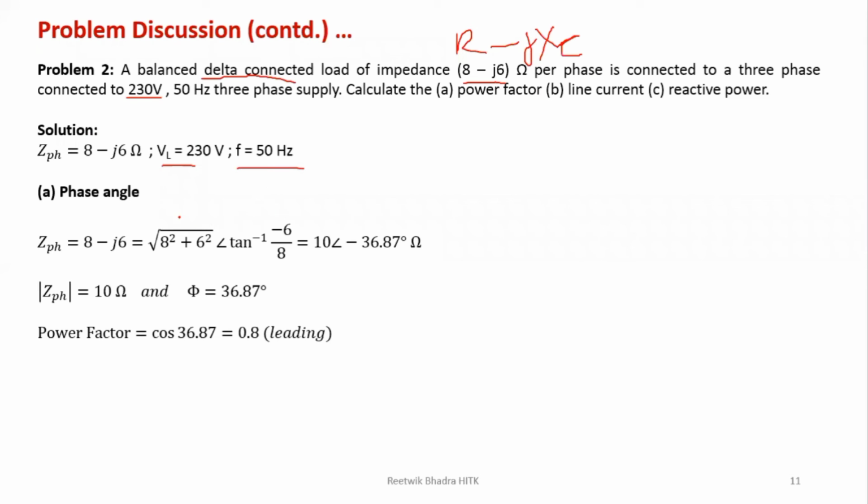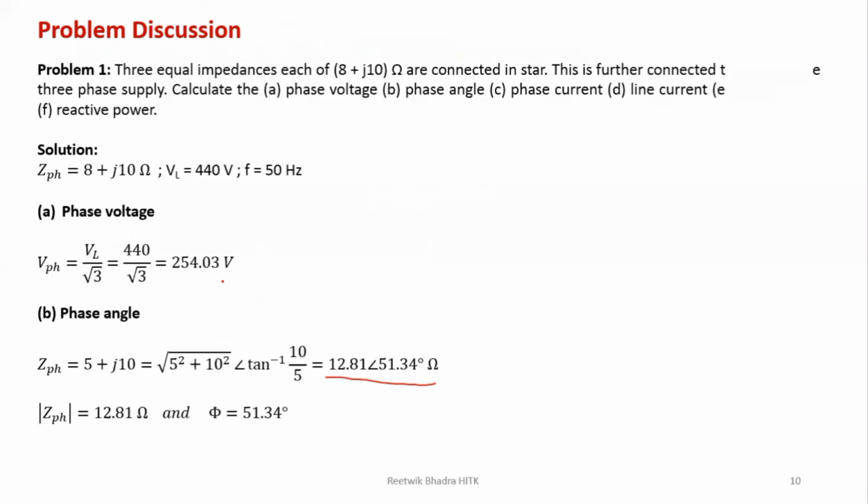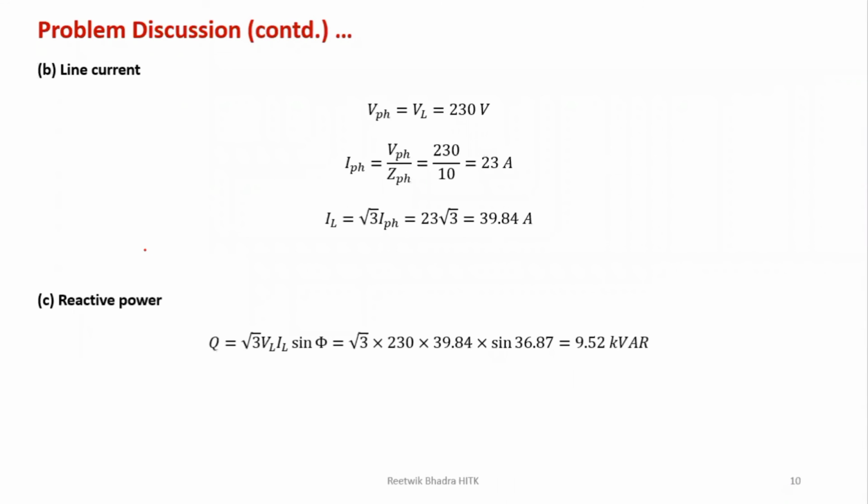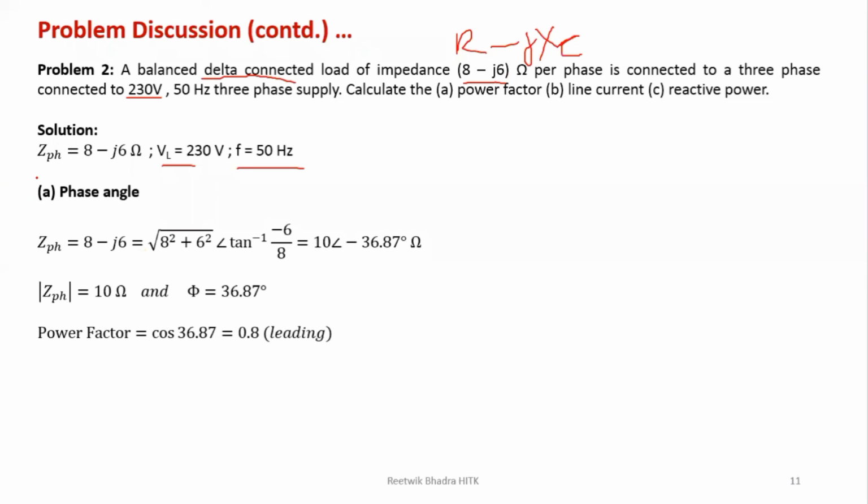We are told to find the power factor. For power factor you need to find the angle, so first find the phase angle, then take the cos of that. In order to find the phase angle, we need our phi, so Z has to be represented in angle form. Or you can find it through current also. We do it like that only, because the last procedure was the same.